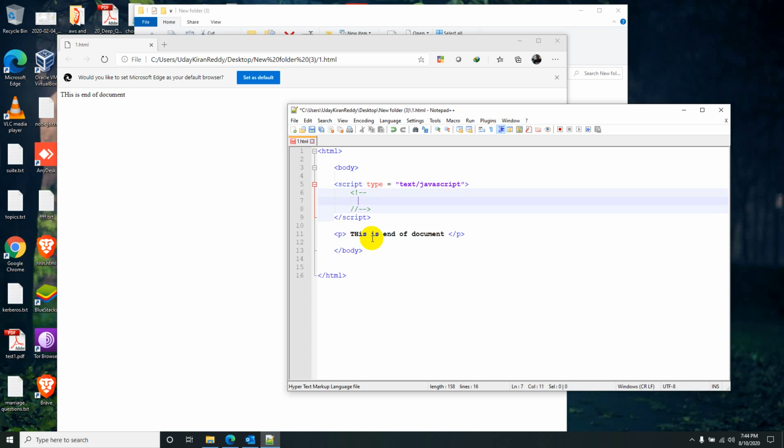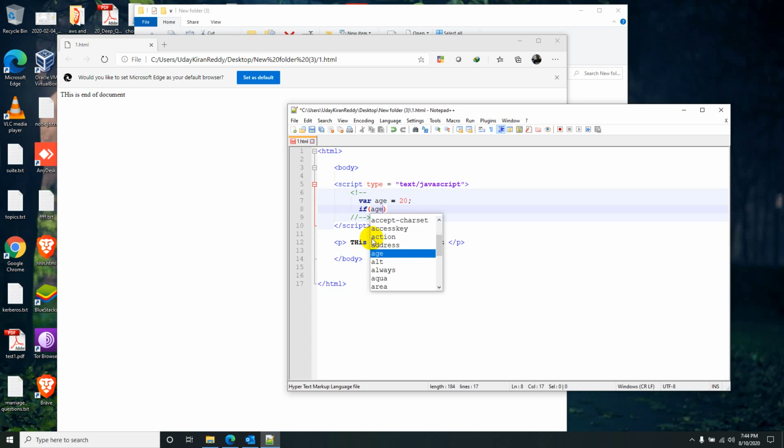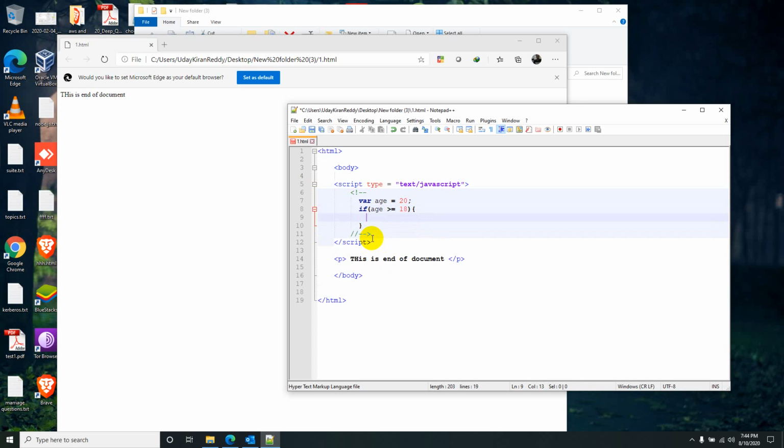In this one, let me write the JavaScript code. var age is equal to 20. Let's take the Indian general age for voting: if age is greater than or equal to 18, then this will execute.